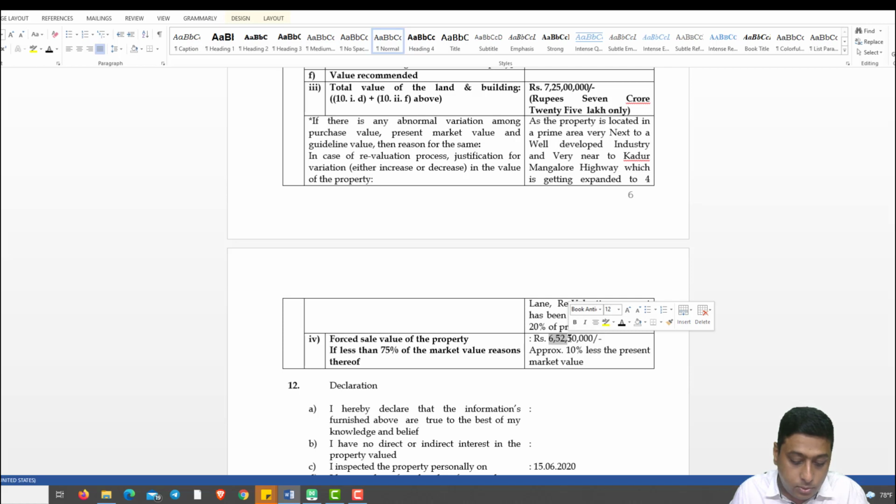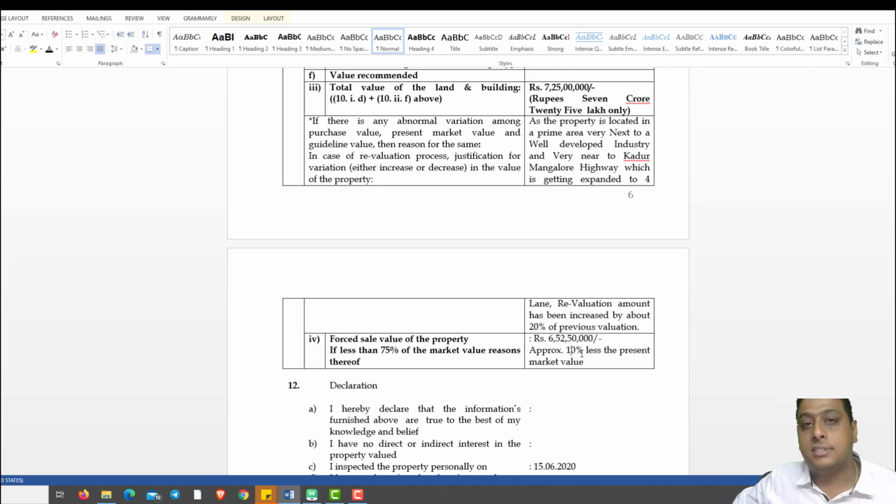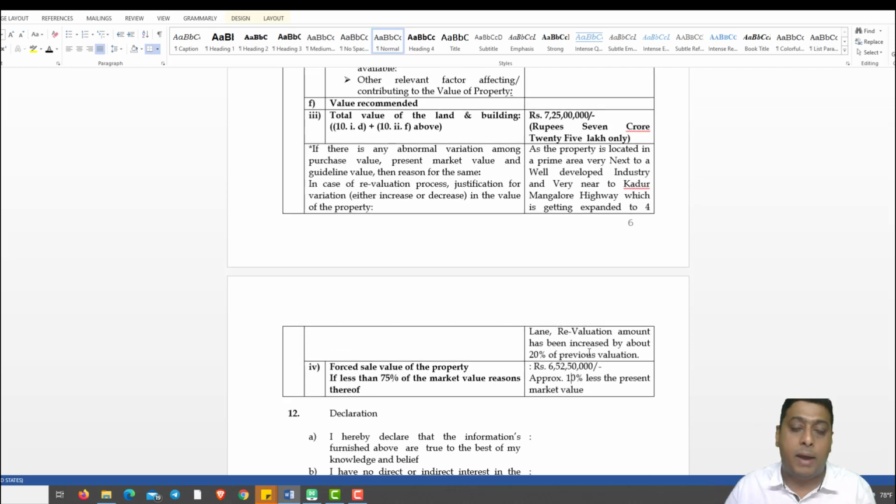So 652 into 80%, if the bank is giving. So the bank is eligible to give only 5 crore rupees to the client. The bank will be in safer hands if tomorrow the client doesn't pay the money also. The bank can sell the property for a minimum of 6.5 crore rupees, 1.5 crore rupees more than what the bank has given to the client. I think you people are getting what exactly I'm telling here.